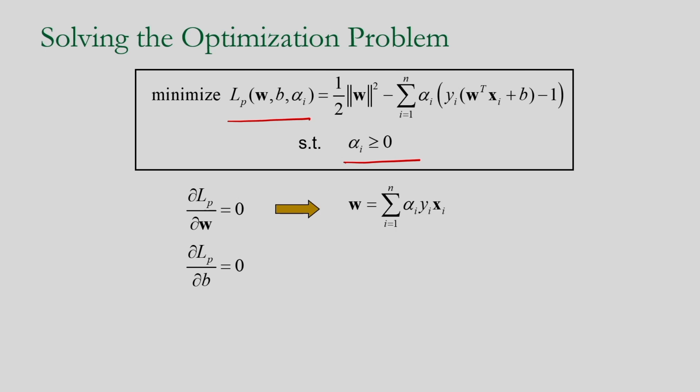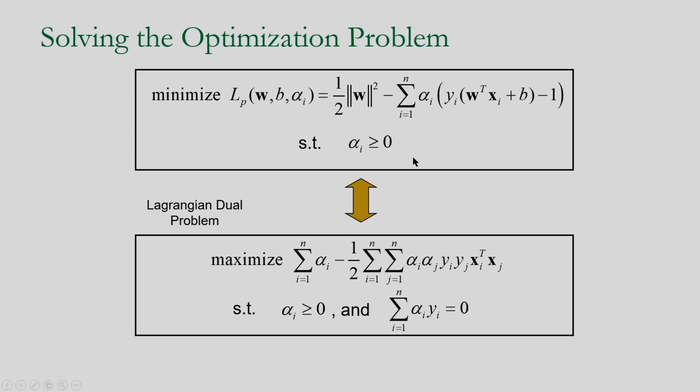And for this I am just taking the derivative of L_P with respect to the weight vector, the weight vector is W, and similarly del L_P divided by del b should be equal to 0. So based on this differentiation, I want to find the maximum or the minimum conditions. Based on this partial derivative, I want to find the value of W and b.